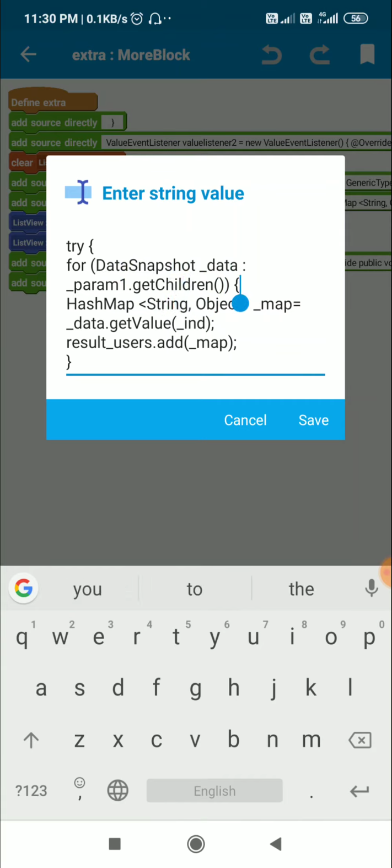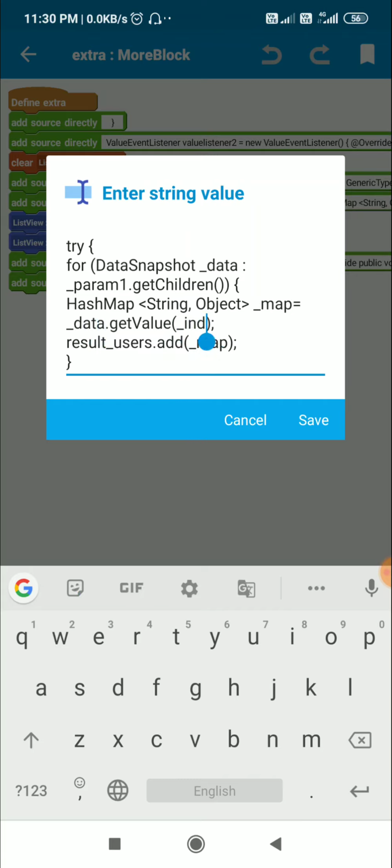So inside this for loop I define a map variable underscore map equal to underscore data dot get value underscore ind. So this will get the value of this data snapshot in map variable form.